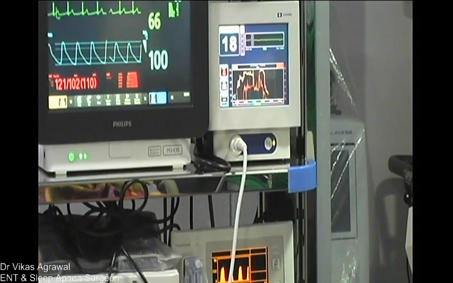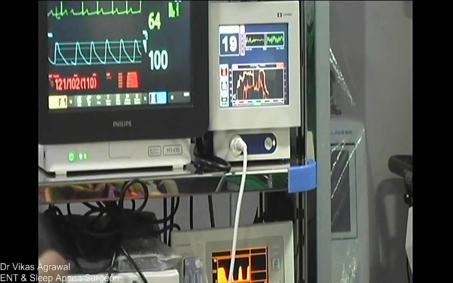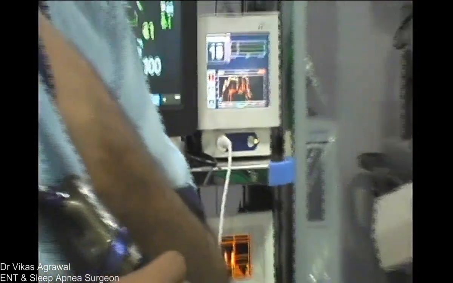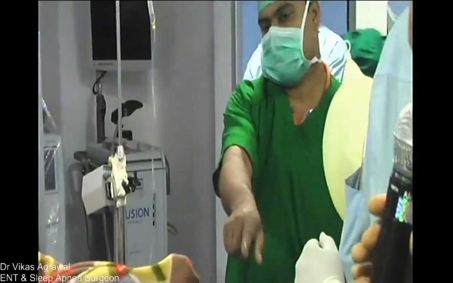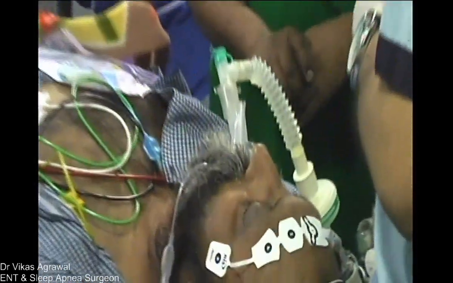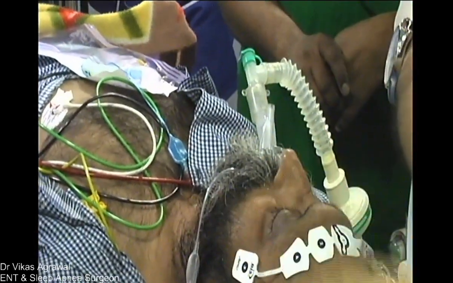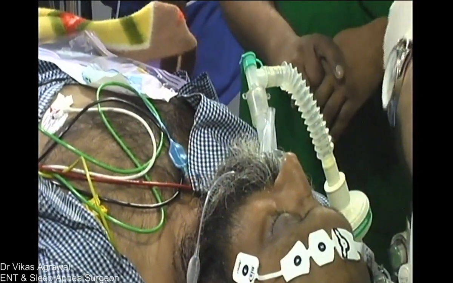Okay, now Sunil is going to show the... Are you going to show the intubation now? Now see, this is the LMA in place. Base monitoring you have already seen. This is going to 17, very, very low. So now Kalpesh will show you the intubation live, and it's going to be a little difficult, but he's prepared